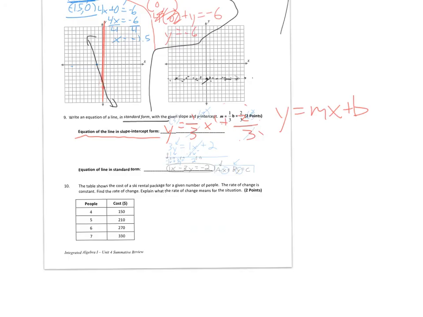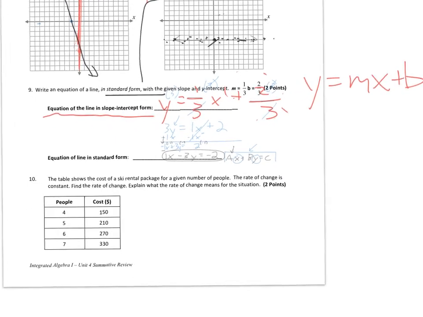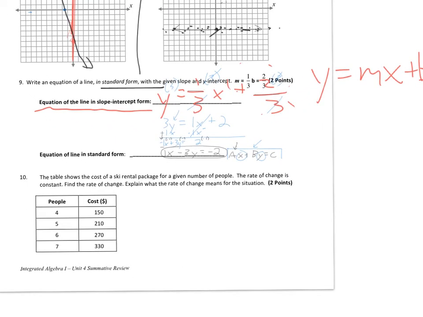Whoops, forgot. Problem 10. A table shows the cost of a ski rental package for a given number of people. The rate of change, why does that sound familiar? Rate of change is slope. Explain what the rate of change means for this situation. Okay, well,